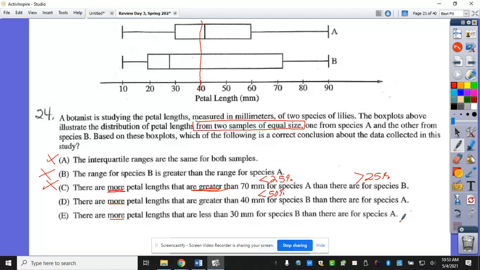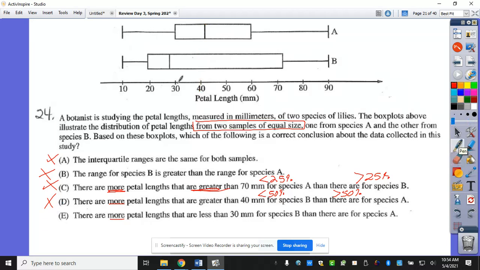What about more with species B or species A? More than 50%. Is there more in this one than this one? And that says there are more petal lengths here than here. Well, less than 50 is not more than greater than 50. And then my last one,